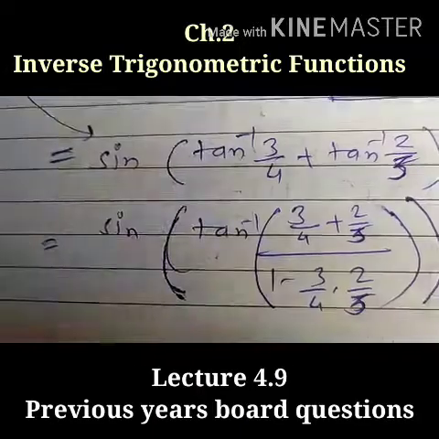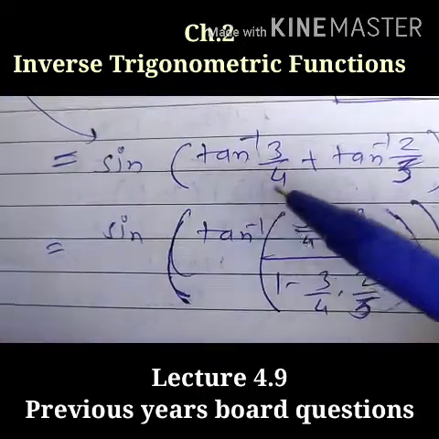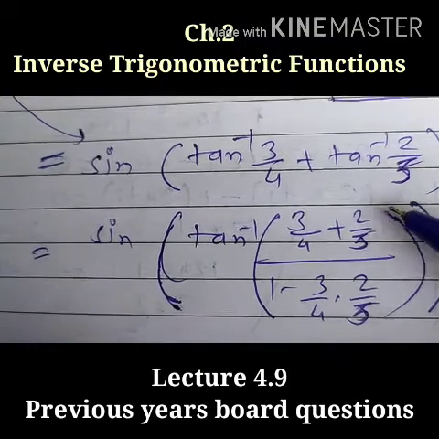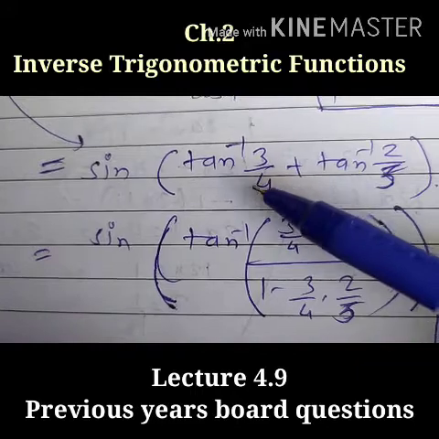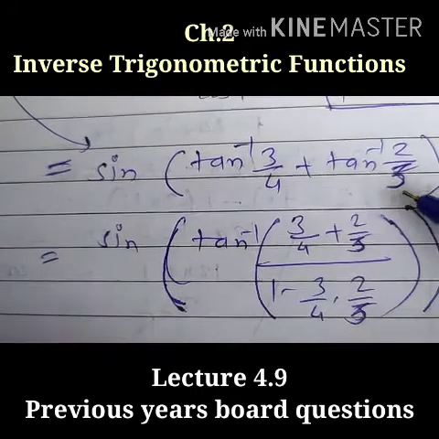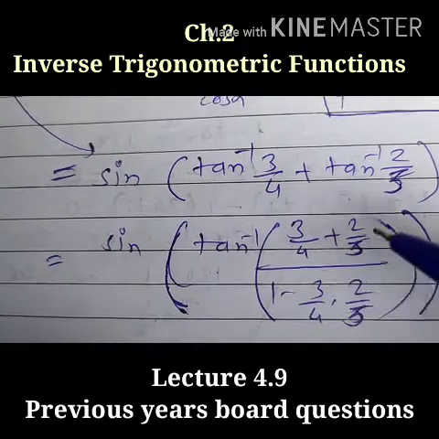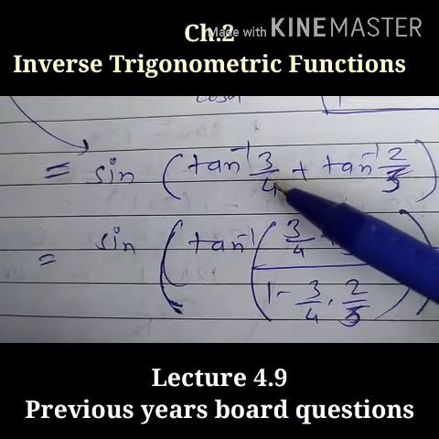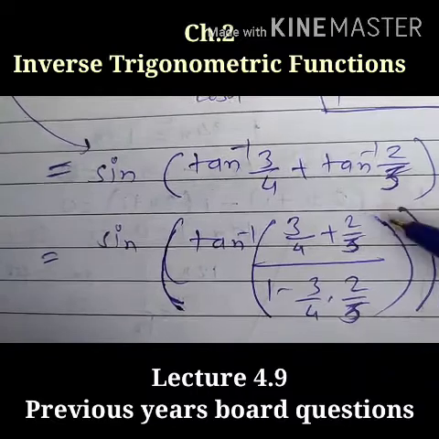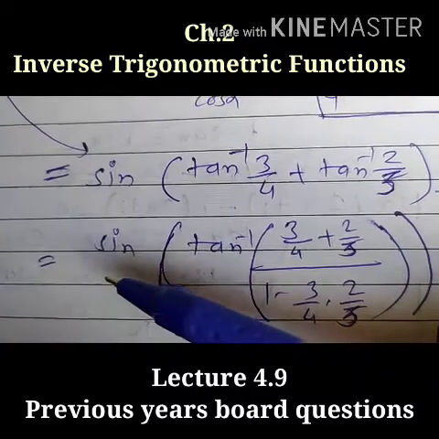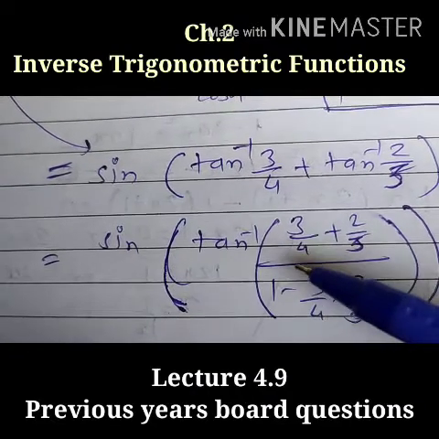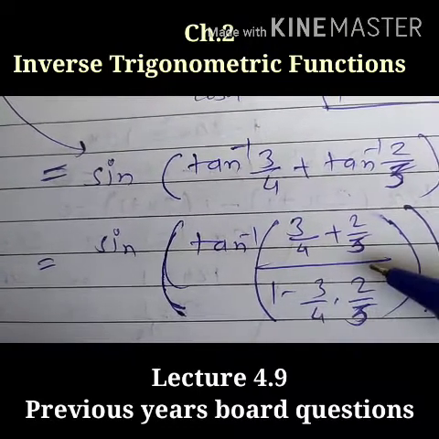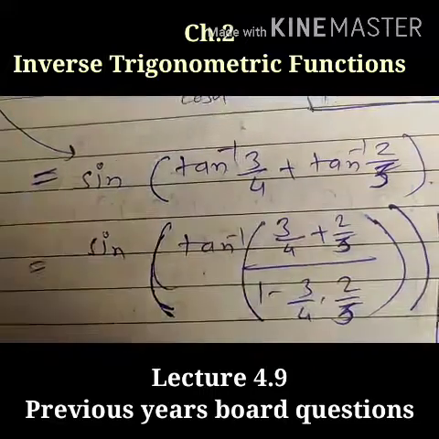So we have sine of (tan inverse of 3 by 4 plus tan inverse of 2 by 3). We know that tan inverse of x plus tan inverse of y is equal to tan inverse of (x plus y) upon (1 minus x into y). So here our x is 3 by 4 and y is 2 by 3. So it is equal to sine of tan inverse of (3 by 4 plus 2 by 3) upon (1 minus 3 by 4 into 2 by 3). After simplifying,